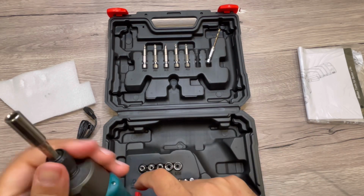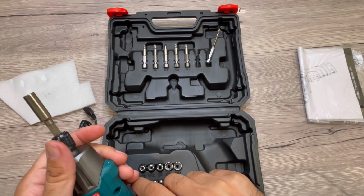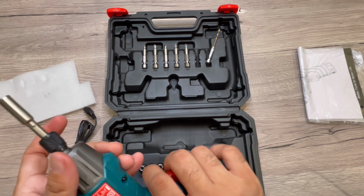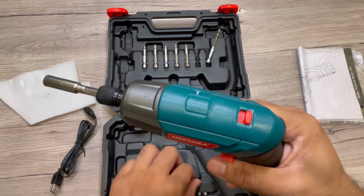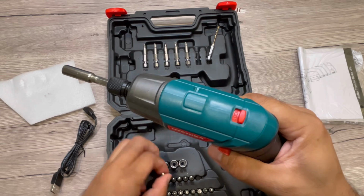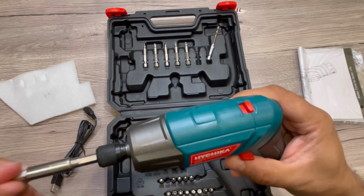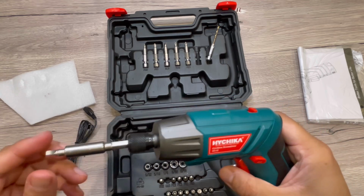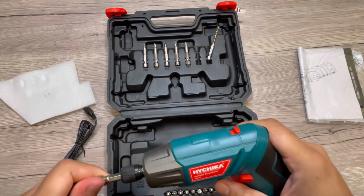And then also this is an extender, and you can use the different bits with it. So it has a charge indicator, flashlight switch with a charging port, forward and reverse button, front LED light, rotation button, and the self-lock chuck. So it's really great features that it has and can be used widely on a lot of other things